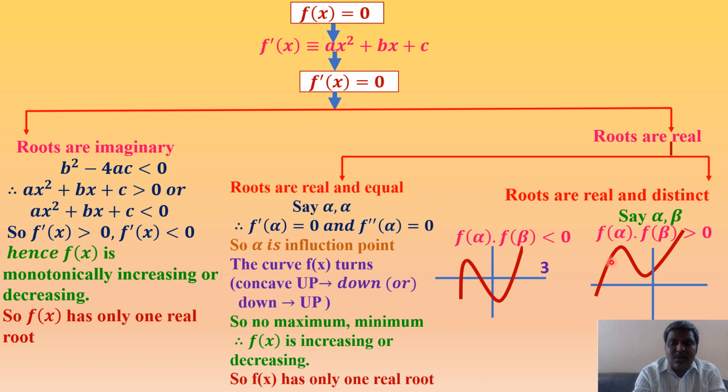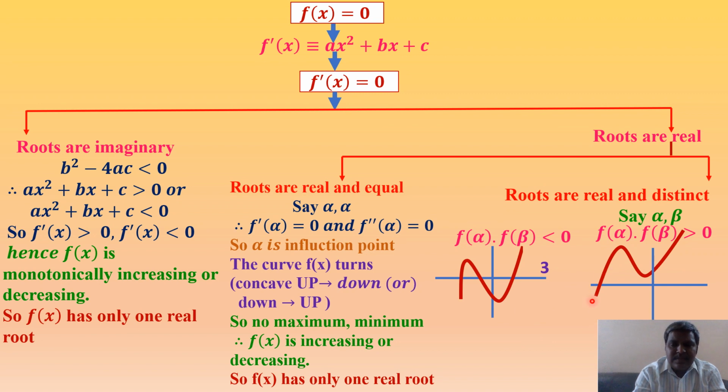So you have one local maximum and one local minimum, even though their product is greater than 0. The entire graph may be reversed like this. So this is one of the cases. There is another case also, which I have not mentioned here. I am roughly writing it in this way.